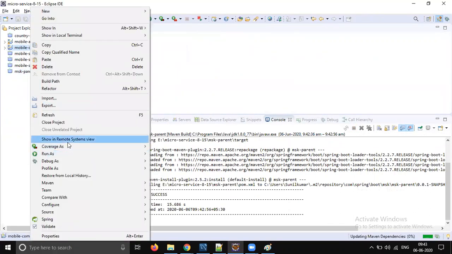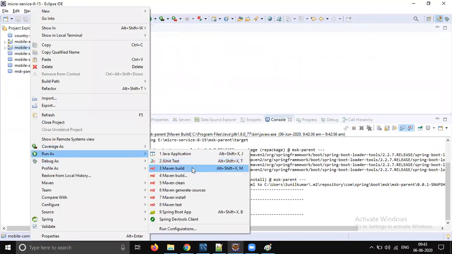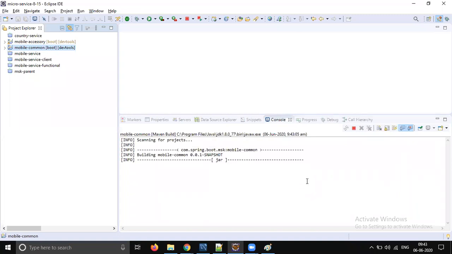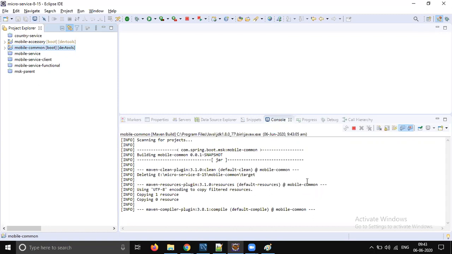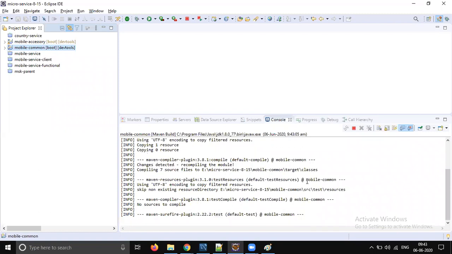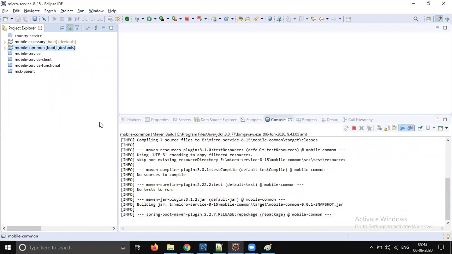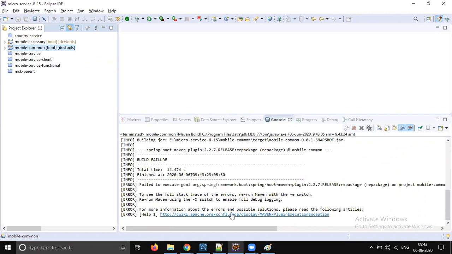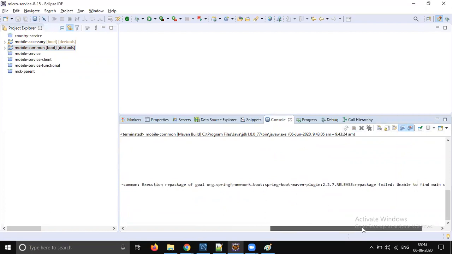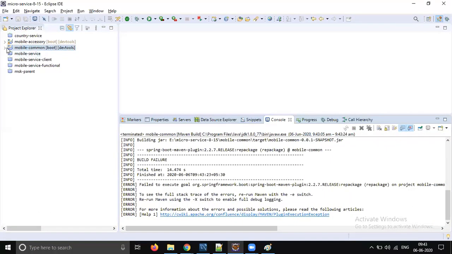Let's try to run common. Yes, it's almost done. Execute code 2.2.7 repackage. Unable to find main class. Okay, got it.